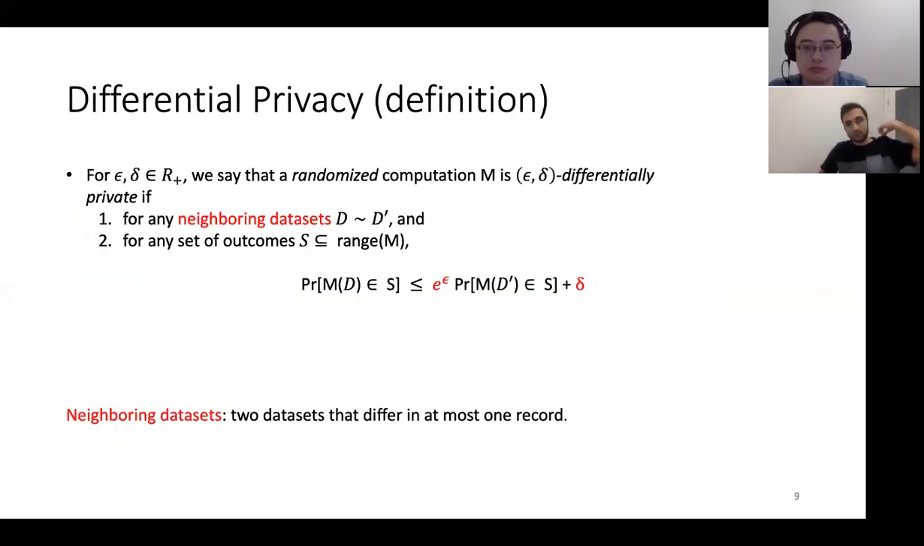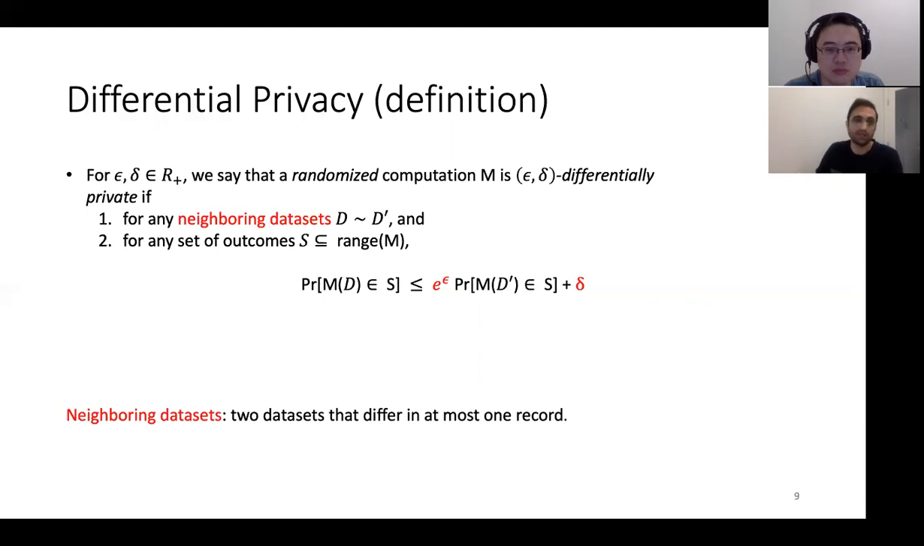Even if I want to put it in a more formal and mathematical way, we have the following definition. Let epsilon and delta be positive reals. We say a randomized computation, and I emphasize the randomized part, so here we only talk about randomized computation, M is epsilon-delta differentially private if for any two neighboring data sets, D and D prime,